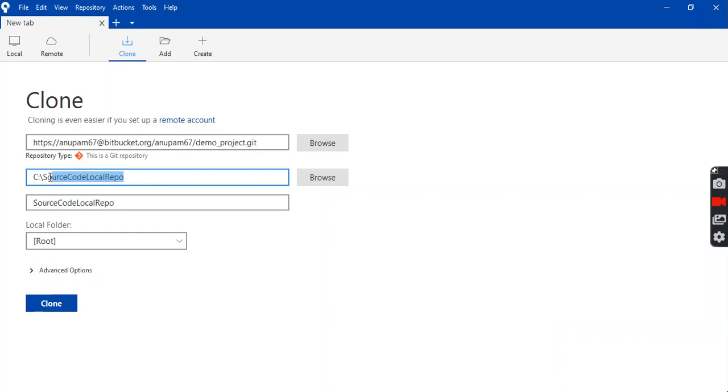So we have created another folder, source code local repo. The error occurred in the previous folder because there is already an existing local repository, so we cannot create another clone in that folder. So we will click on that button.